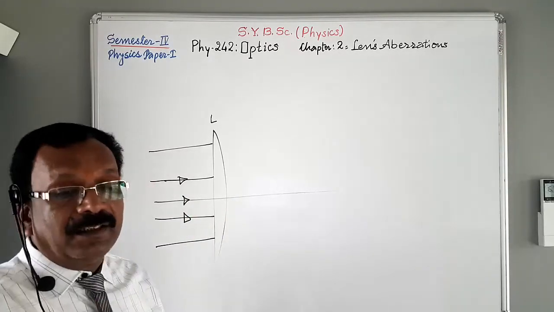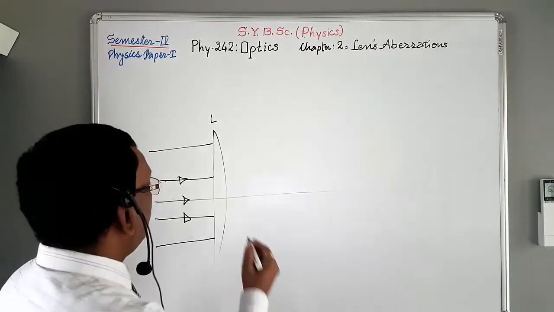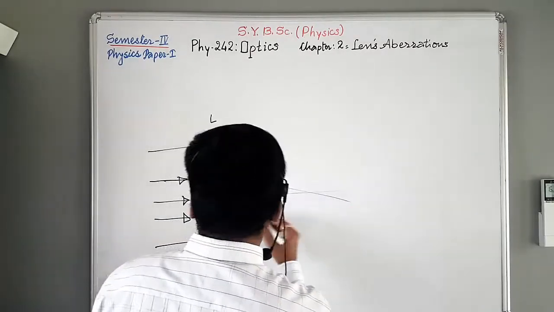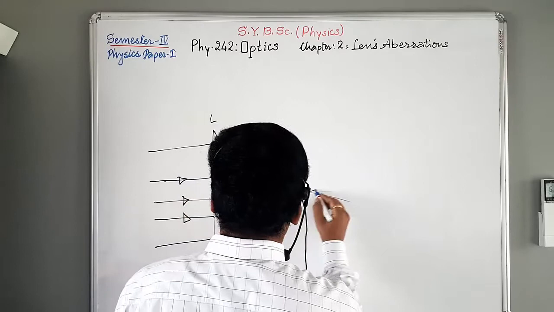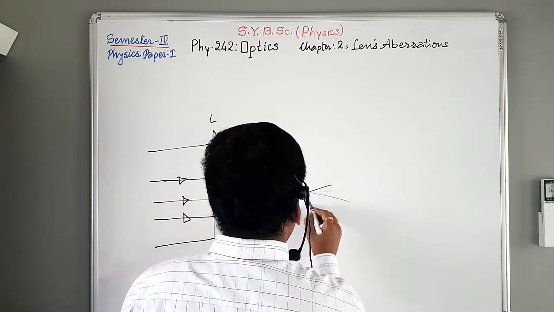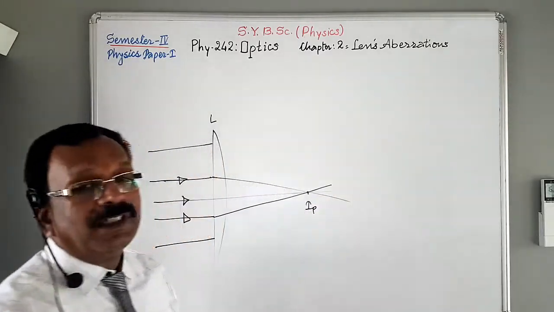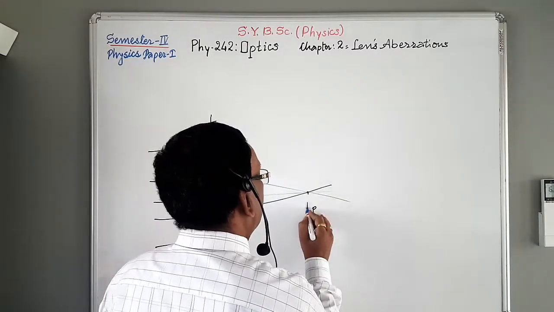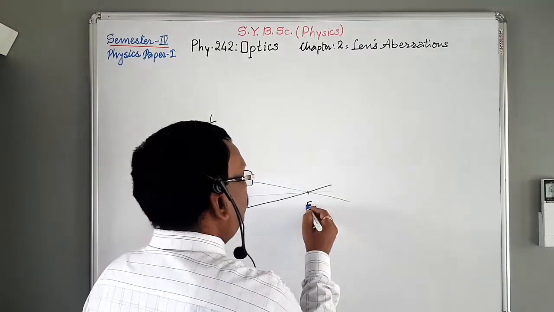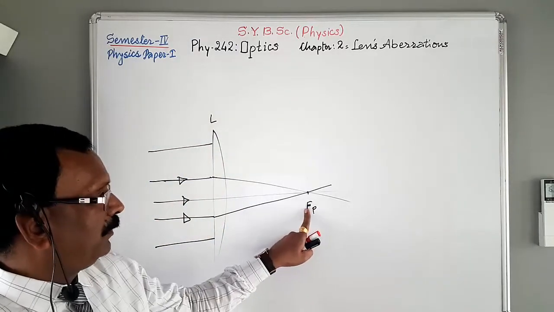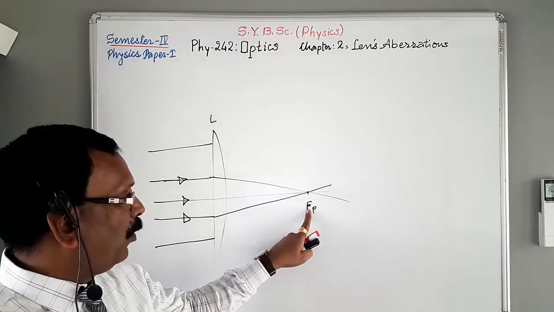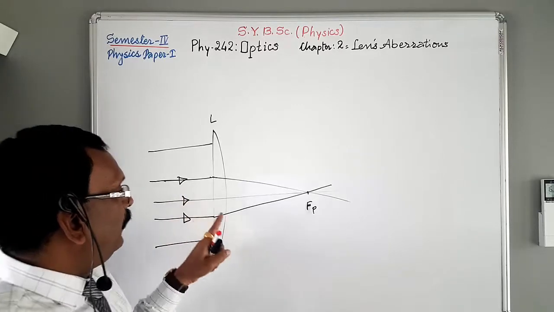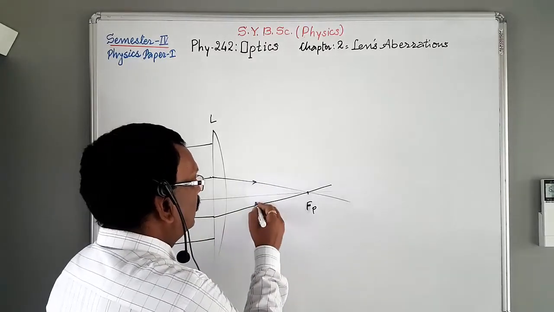After refraction, these paraxial rays come to focus at this point, that is Fp. Fp is the focal point due to the refraction of paraxial rays